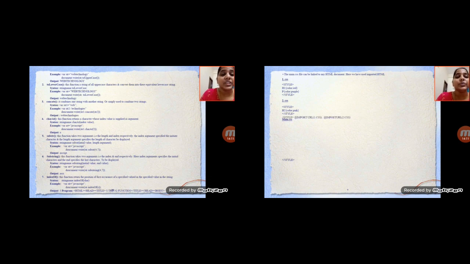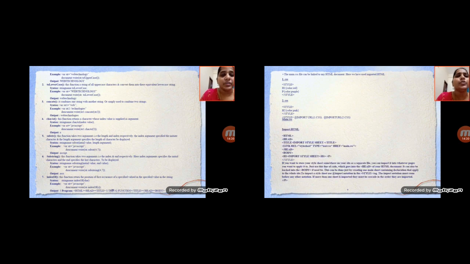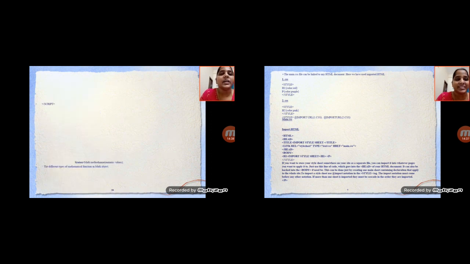You give the import for that style, whenever you want the style from that URL. And then main is where the import is, how to import into that HTML file. In the title, where you want to store the imported style sheet, you link a style sheet of type text/css, and then you import that style sheet within the less-than and greater-than symbols. You give the type, the type of style, which is important for the HTML document. This is about importing style sheets.